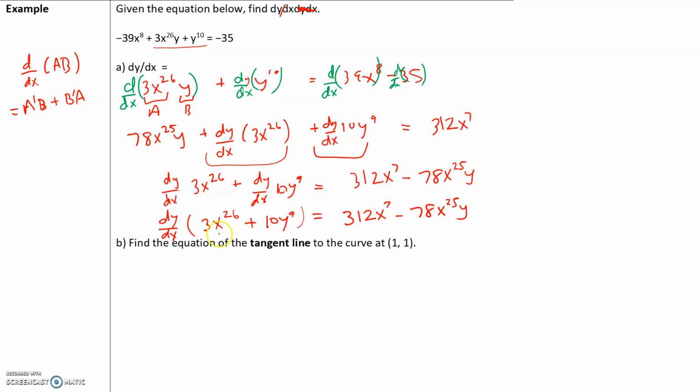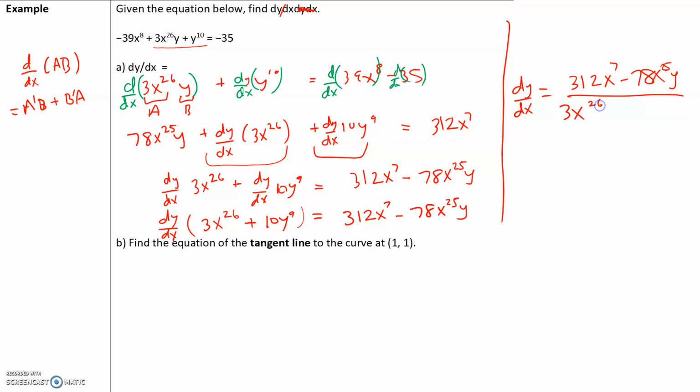And then I divide both sides by the 3x to the 26th plus 10y to the 9th. So here on the right side, I'm going to say that my dy/dx is equal to 312x to the 7th minus 78x to the 25th y, divided by 3x to the 26th plus 10y to the 9th. All right,